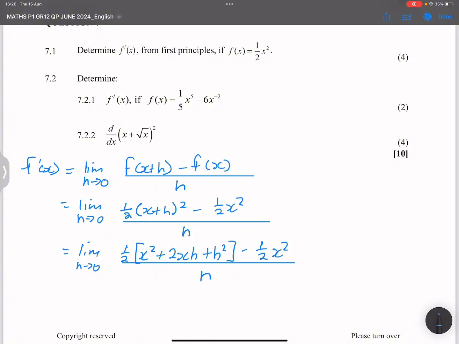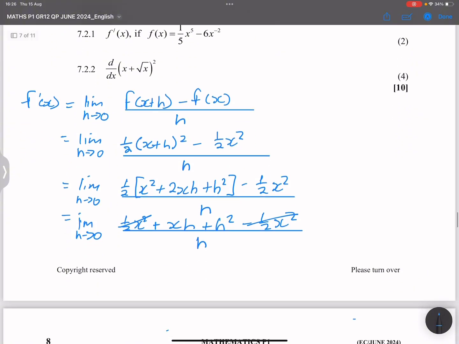Right, and if we multiply the half in there, limit as h tends to 0, we've got half x squared plus a half times 2 gives us 1, so that's xh plus h squared minus a half x squared, divided by h. Now notice this guy and that guy cancel each other out,